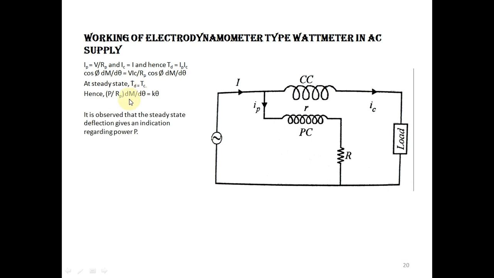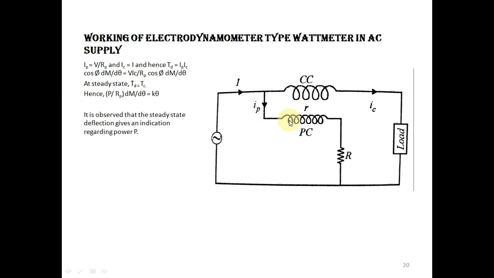So that's why, if dM by d theta is made linear, excuse me, if this dM by d theta, you cannot neglect it. If this can be made linear, then power is proportional to the deflection of the pointer. Okay, that is the condition, do not forget it. For any electrodynamometer type wattmeter, if dM by d theta, the change of mutual inductance with angular position theta, is made uniform, linear, then only can we have that the power consumed in the instrument is proportional to the deflection of the pointer. Okay.